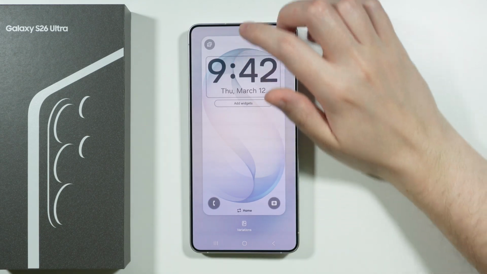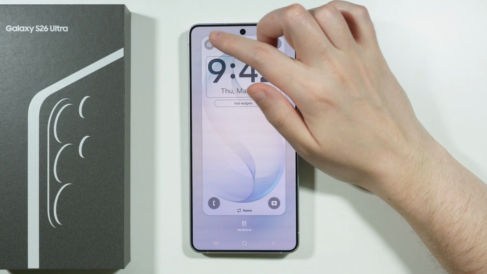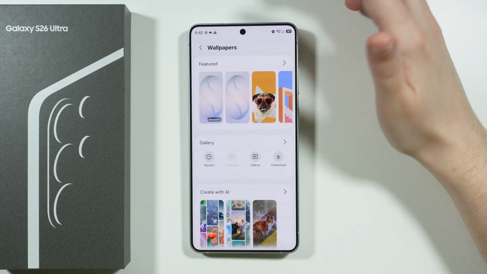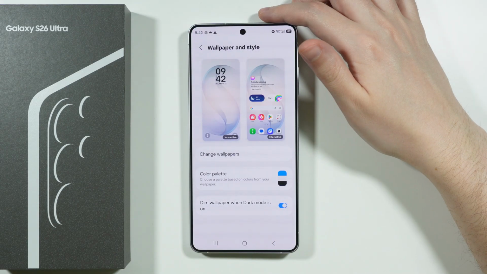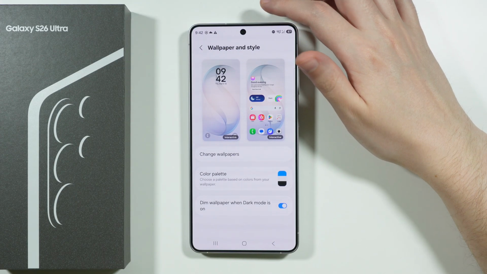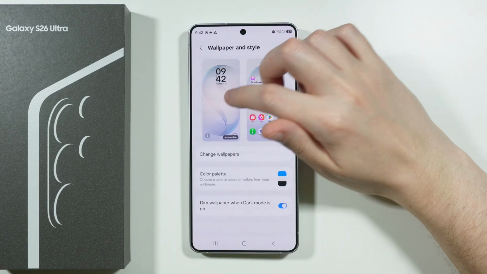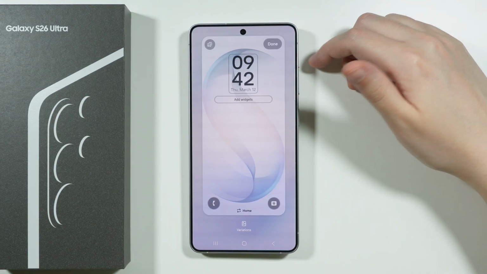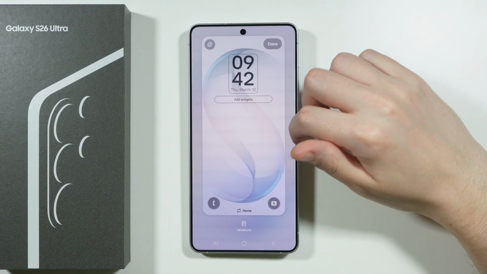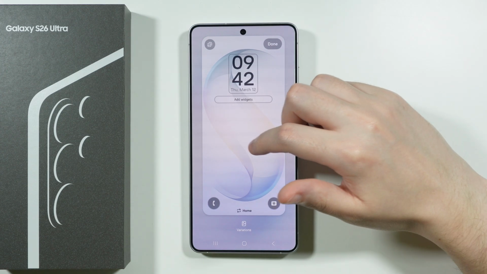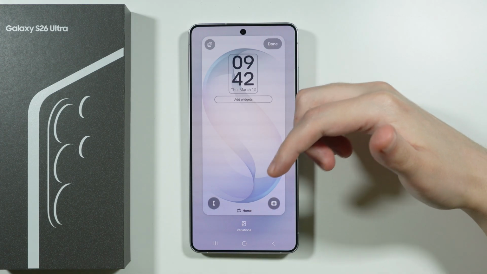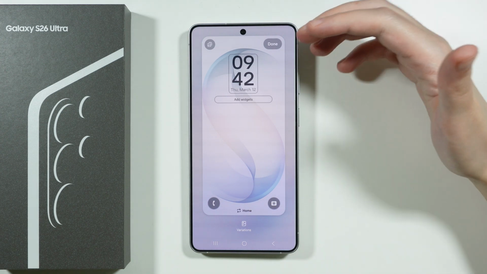Of course, we can change the wallpaper as well. For example, here, if you tap in the upper left corner on this icon, you can search for a wallpaper that you wish to use on your phone. And also, if you use a pre-added wallpaper, then at the bottom of the screen you can find some additional options that allow you to slightly